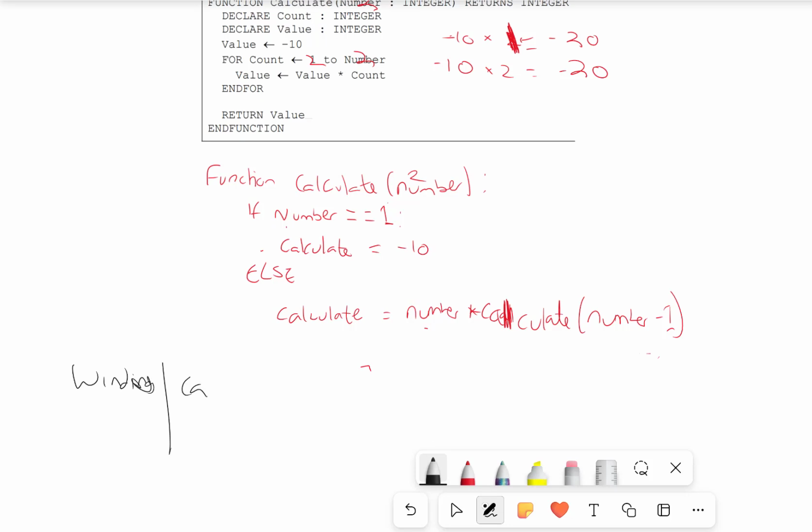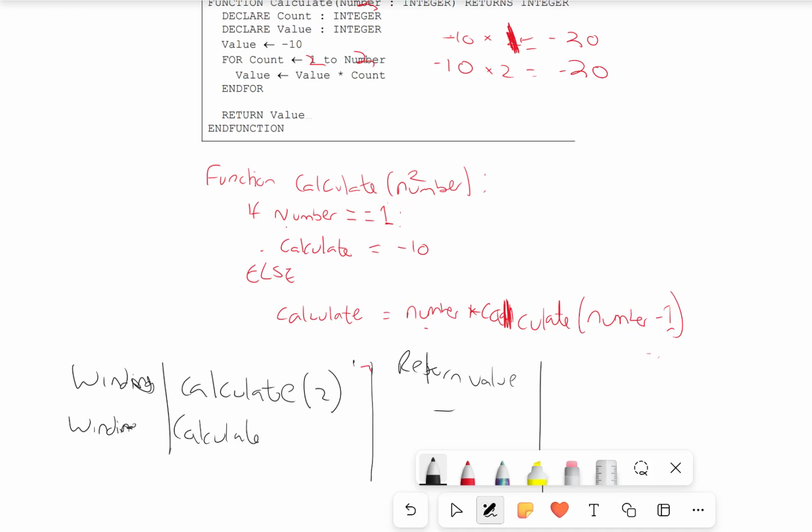I need to put in calculate. I'm going to pass in 2 to begin with. No result to this, so there's no return value. But what we are going to do is it's going to now call recursive 1, because it's going to be number minus 1. So wind, calculate 1,